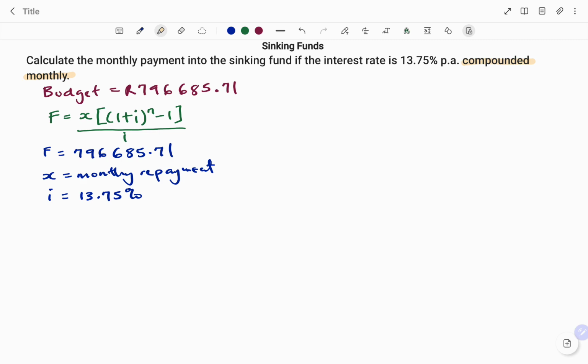So we have also our N, which is the number of payments made. So to calculate the number of payments, we have 12 payments made in a year because it's compounded monthly. And then we have it for 10 years. So that will be 12 times 10. So putting all this value back into our equation, we have